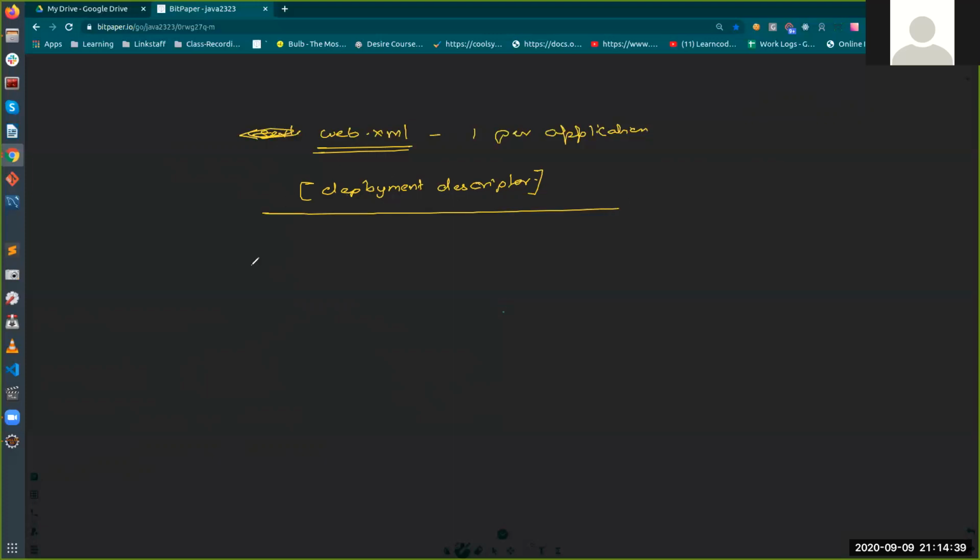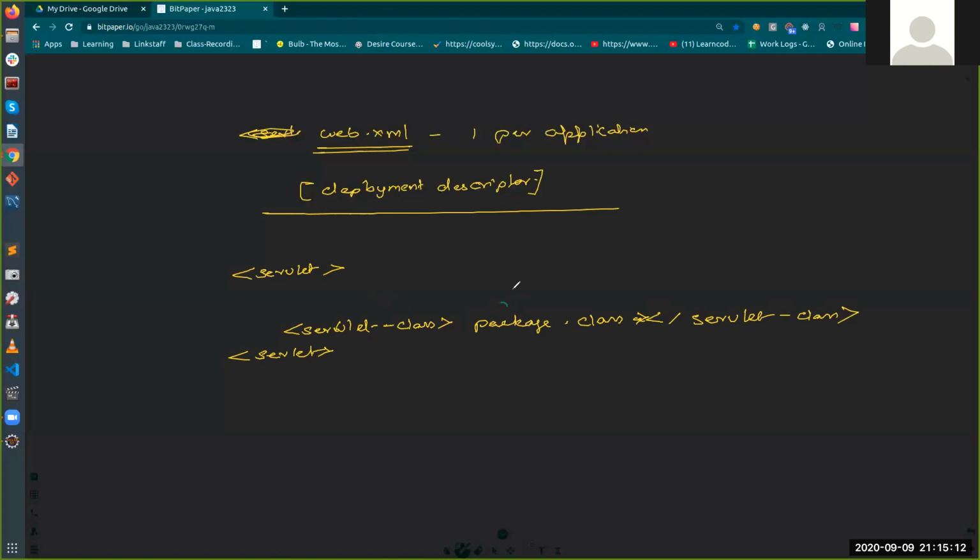Now inside this web.xml, we will be writing a servlet tag, right? Servlet tag. Okay, so obviously your servlet is a class, right? So you will have a servlet-class tag, and inside this you will give the name of your package dot class, right? You'll give the complete package name dot class, and you will end your servlet-class.